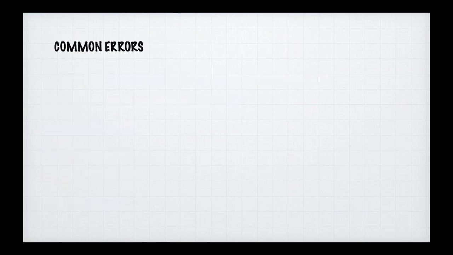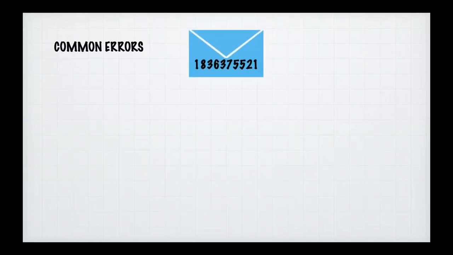Since so much data is being communicated every time, errors are bound to happen, right? So we now see what the common errors are that we come across. Suppose I have to send this number, or this number has to be communicated. The first type of error which we have always seen, and maybe we have also made, is that you sometimes enter one digit different, correct?